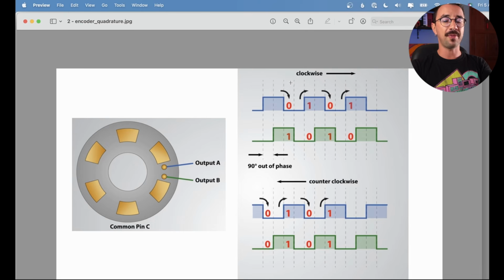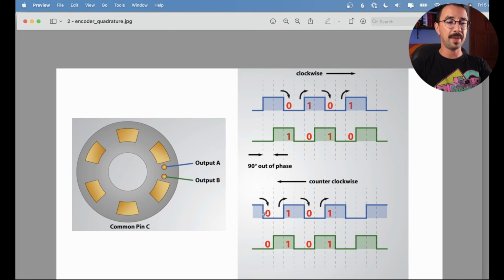So here we have a graph of how it works if we are turning clockwise. This is output A in blue and this is output B in green. So we are turning the shaft clockwise. A is high and this is low. Suddenly this is high too, so there's a moment where both are high. Then A will be low while green is still high, and then both will be low. So while you are turning clockwise, when the state of A changes, their states are different. See, every time A changes, they are different. Either one is 0 and the other is 1, or one is 1 and the other is 0.